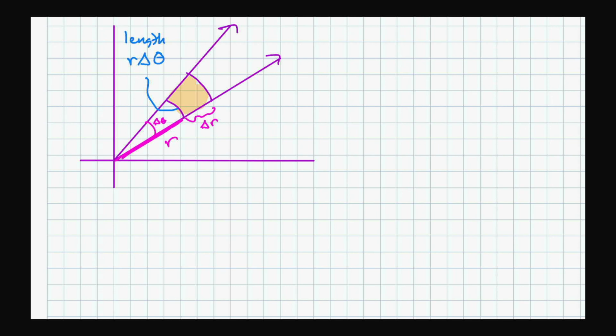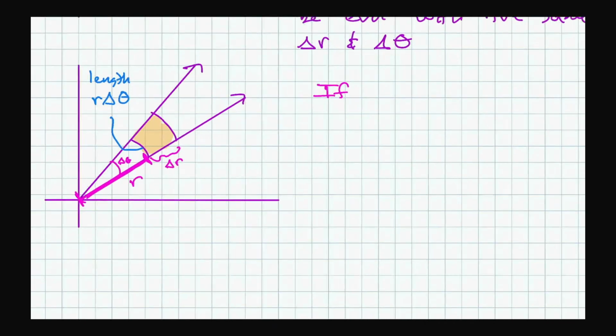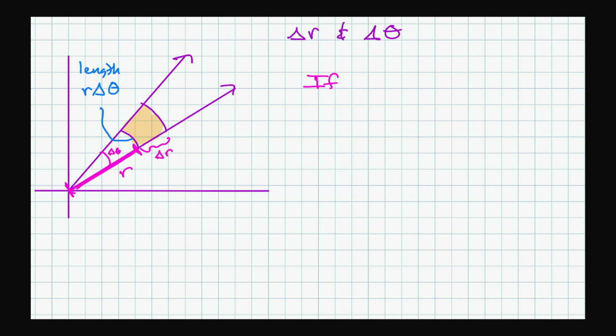Okay. And so the bigger r is, because I put r here, measuring this distance, the bigger this will be. And so this distance actually depends on this distance. That's what I'm getting at. And so what we do is we say if delta theta and delta r are small enough, for whatever small enough is, I'm not going to explain that, then